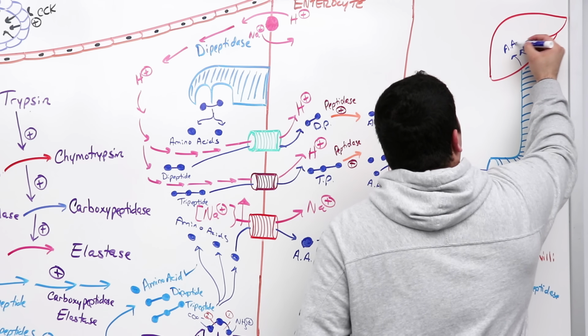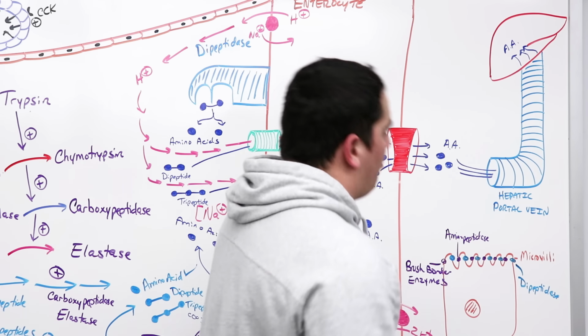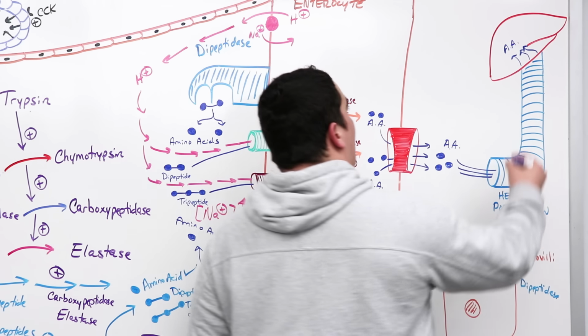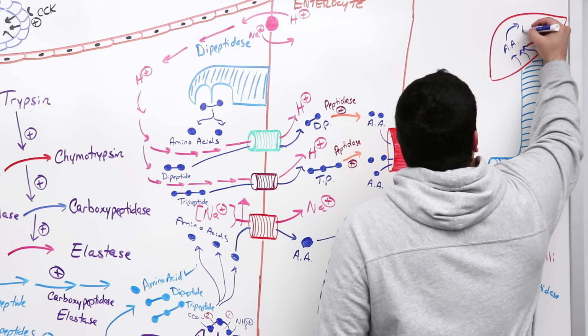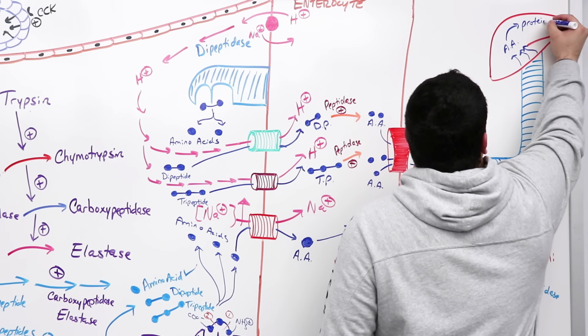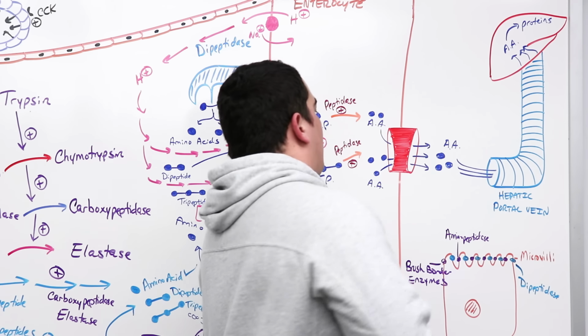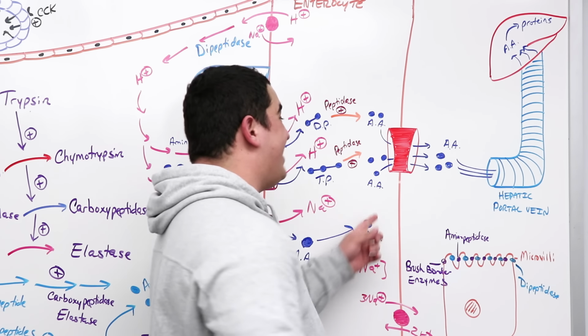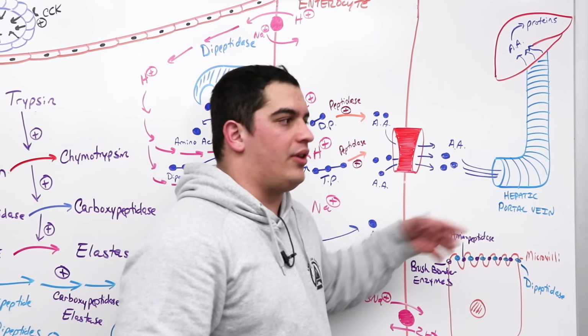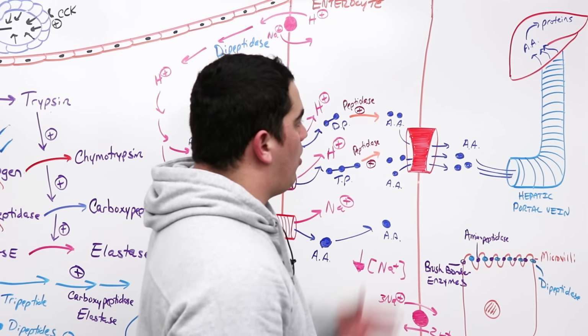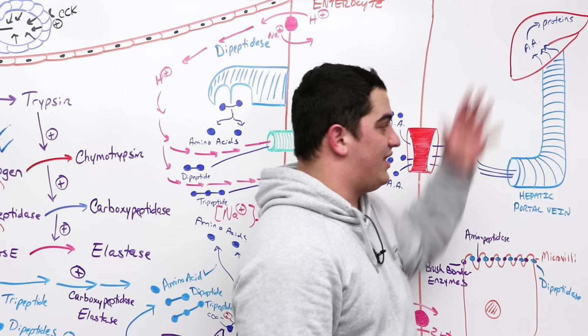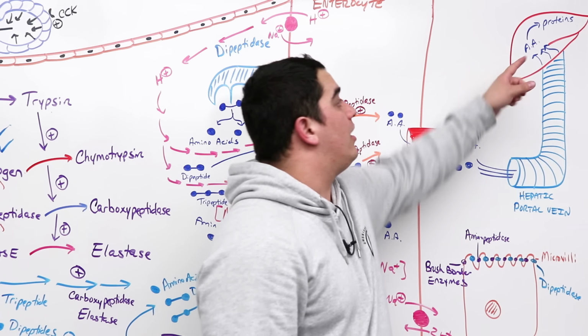And then from these amino acids, we can use them for many things. You'll notice that the liver does a lot of protein synthesis, so it's going to convert these most likely into proteins. And there's also going to be a decent release of insulin during this feeding period, the fed state, we say. So that's also going to help increase the protein synthesis and amino acid uptake into